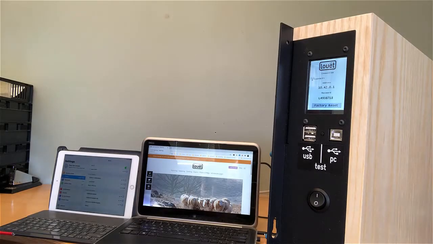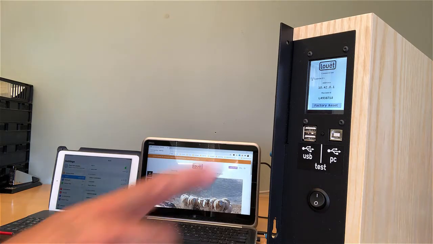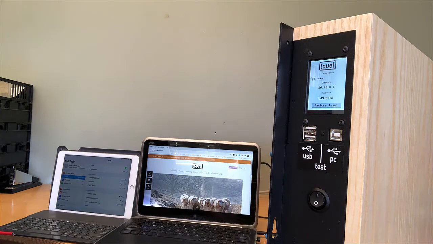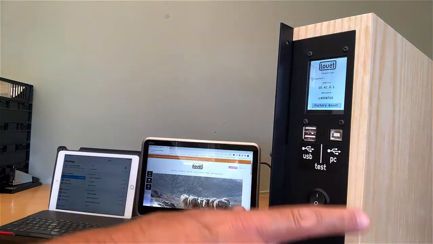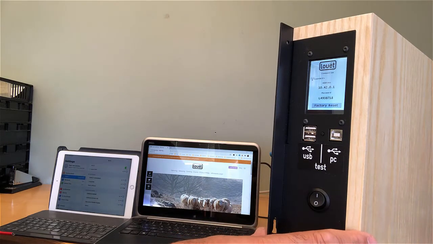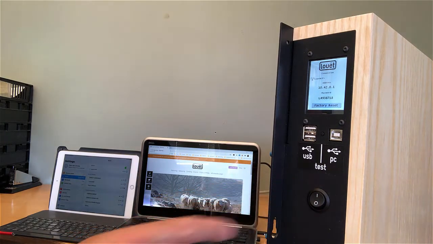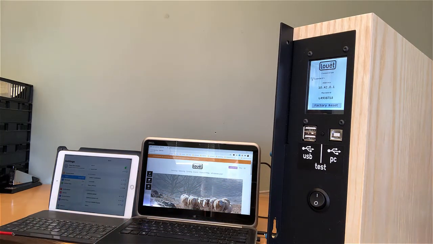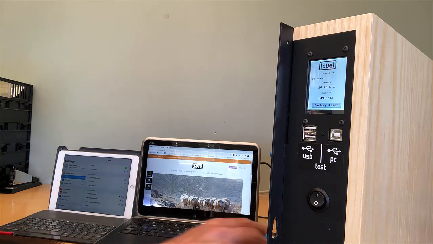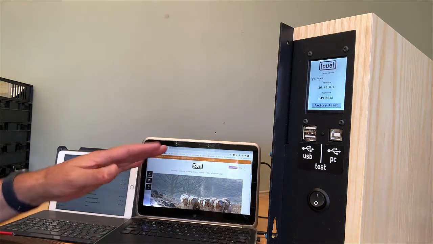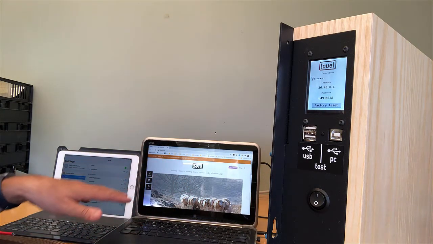Morning. I'm going to try to show you how to connect the Megado Dobby to Louët software. At present I've got a Dobby powered up and ready to go here. I've got my laptop and an iPad, so I'm going to show you on both at the same time. The first thing we need to do is connect the computers and the iPad